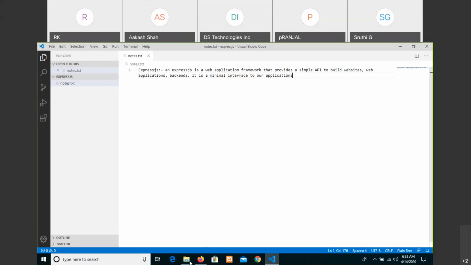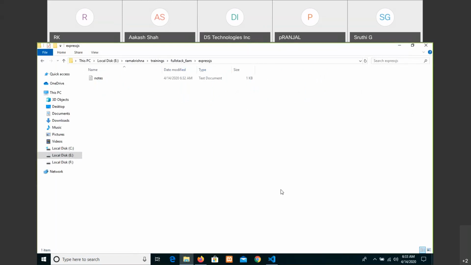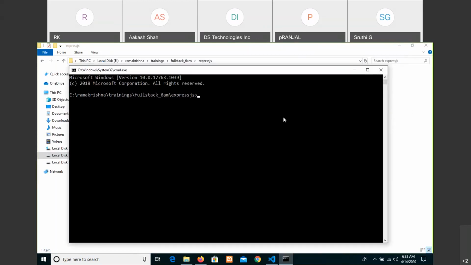When we work with MongoDB, we install that particular module with npm install mongodb --save. Now we are working with Express.